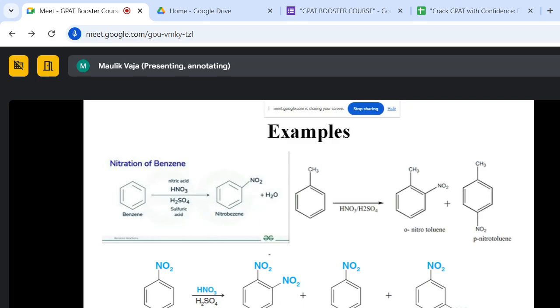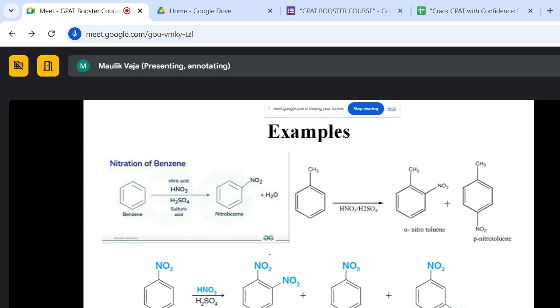So electron donating group donates electrons and it increases electron density on ortho and para position. So the electrophile will come and attach at the ortho and para position. Why? Electron donating group donates electron to ortho and para position, while electron withdrawing group withdraws electron from ortho and